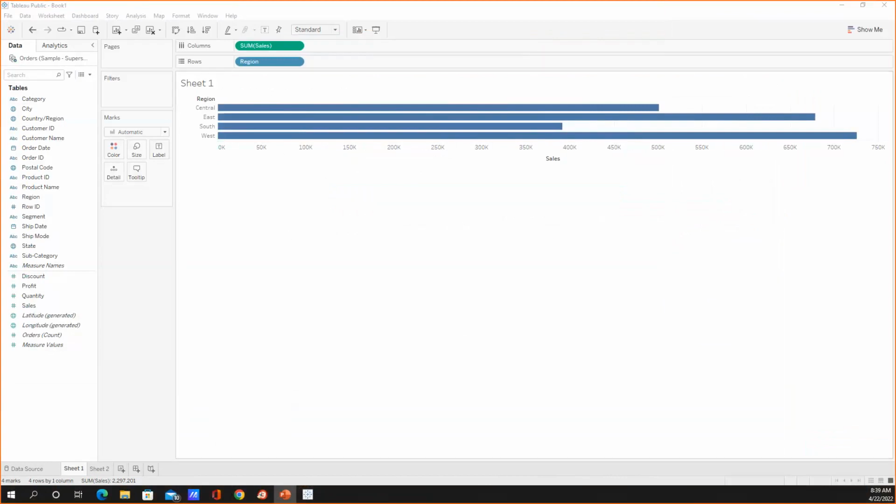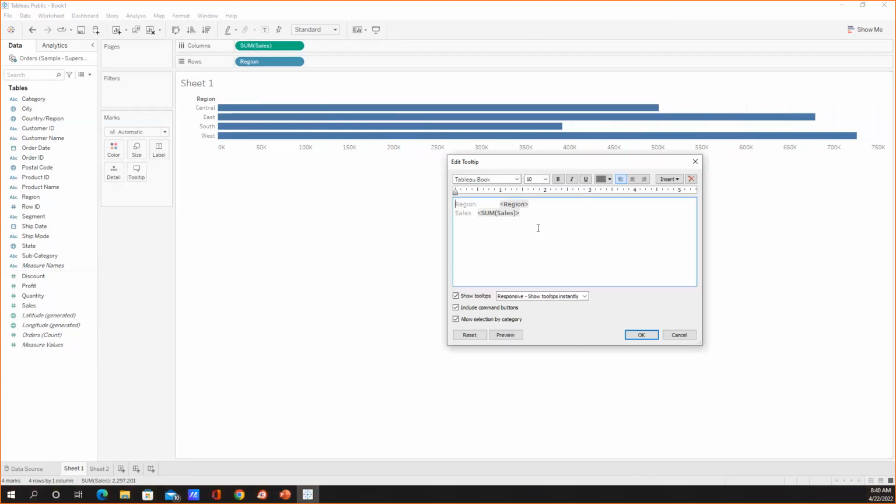Okay, let's go back to the first one. How do you format your tooltip as a sentence? As you see here, I have a very basic region, sum of sales using the sample Superstore data set. So you can see here I have region and then sales. If I go to my tooltip, you can see that this is the way that it automatically sets it up. Anything in these brackets is usually your fields. So region, and this allows when you hover over it to go to the specific one. So I just simply wipe out this and say the total sales for region, and then I'll just